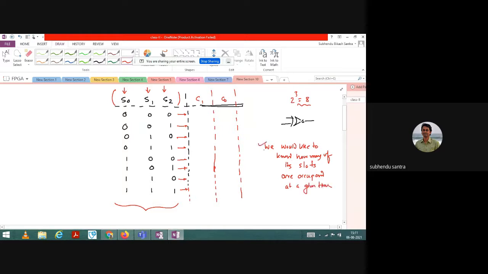That is basically the counting number. So we know that slots are 3, and we would like to know how many of its slots are occupied at a given time. That is the thing I would like to know. And the variation I have already written, 0 0 0 to 1 1 1. I have to fill the two columns, C0 and C1, that I have to complete. So you think how I can do it?